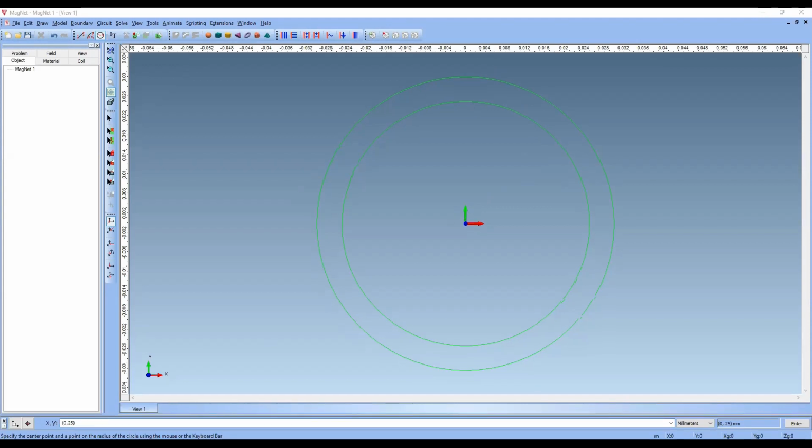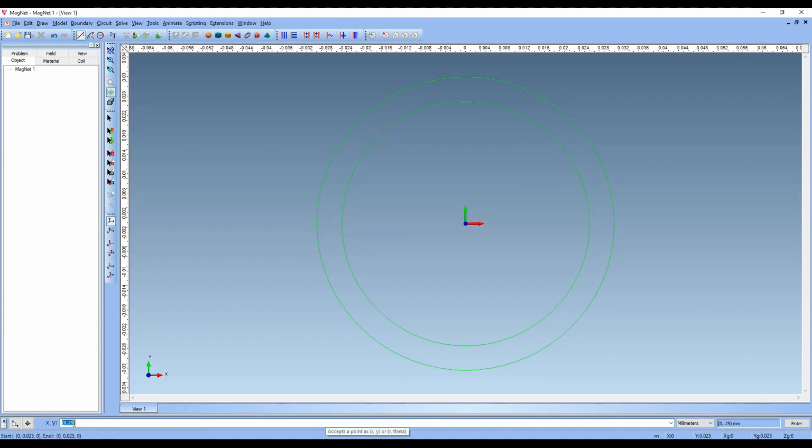For the stator teeth, I want to draw a line. So I am choosing the line option. Now again, you want to specify the start and end point. I am choosing this as 0.25.